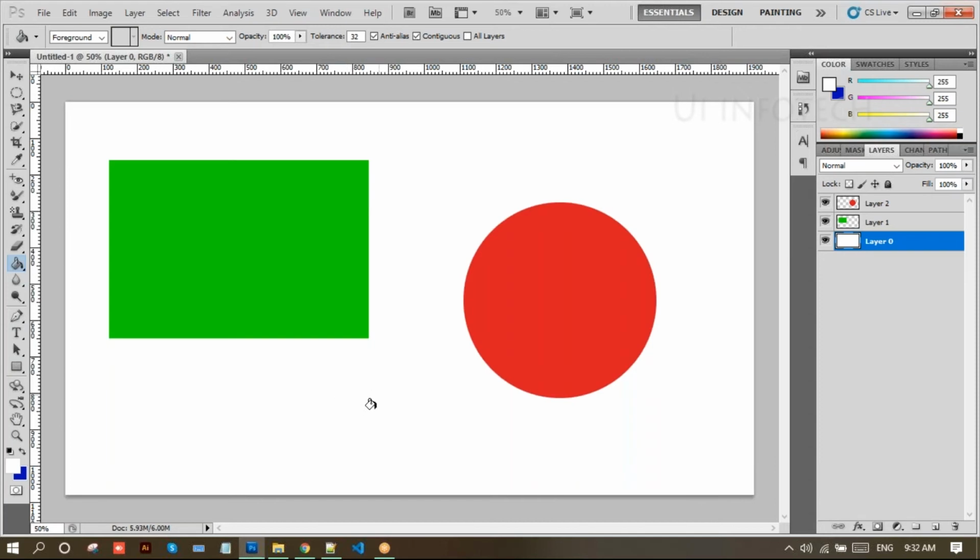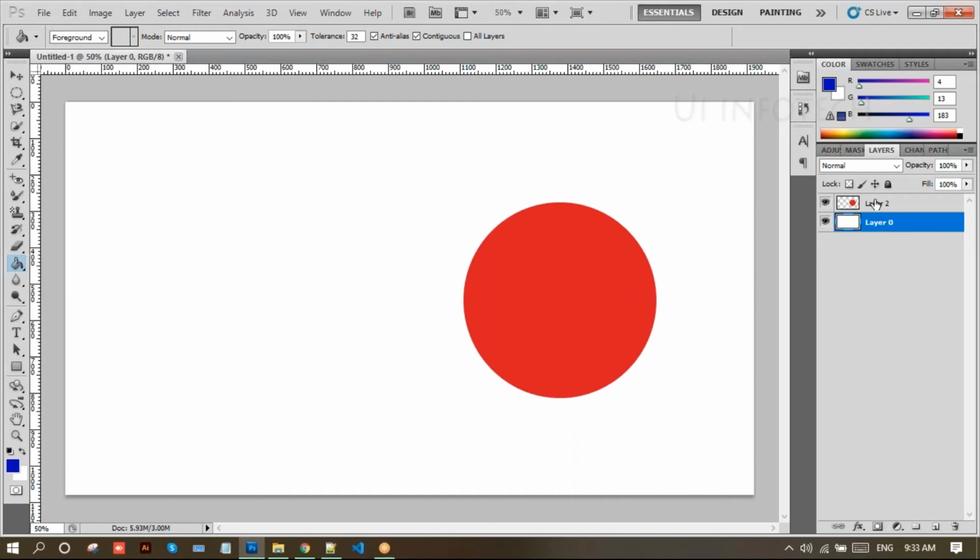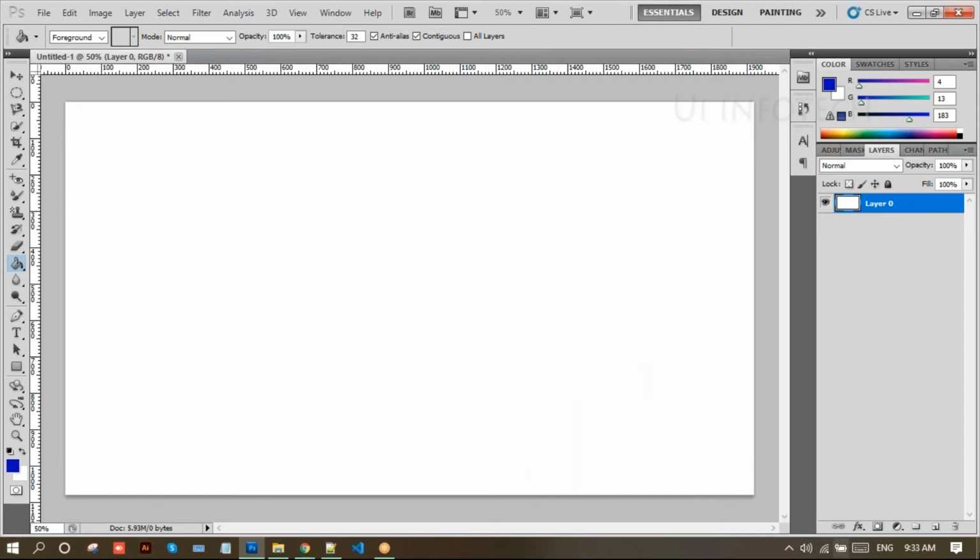So I just interchange this one. How to interchange this? Have a look, here we have one arrow mark, right? If you click on this, it will interchange the color. Select this paint bucket tool, select layer 0. I'll just apply this white color here. I'll change this to blue and white. So that is the use of this paint bucket tool, in order to apply painting over a selected area. So I just remove this one here and also remove this layer 2.